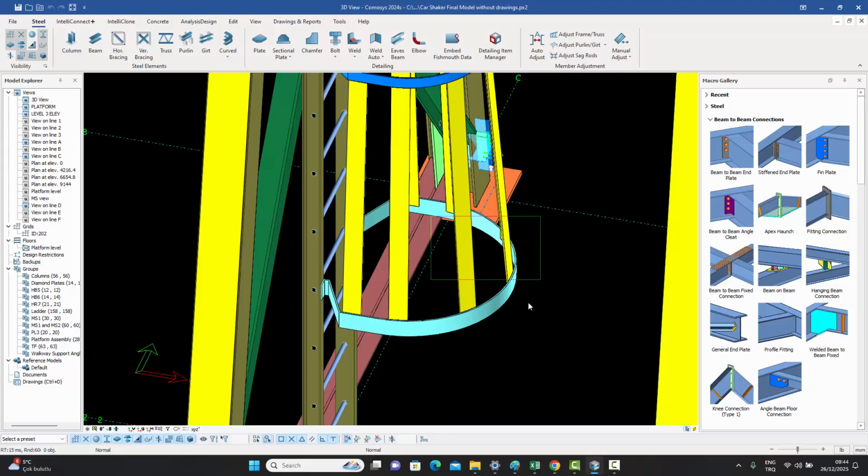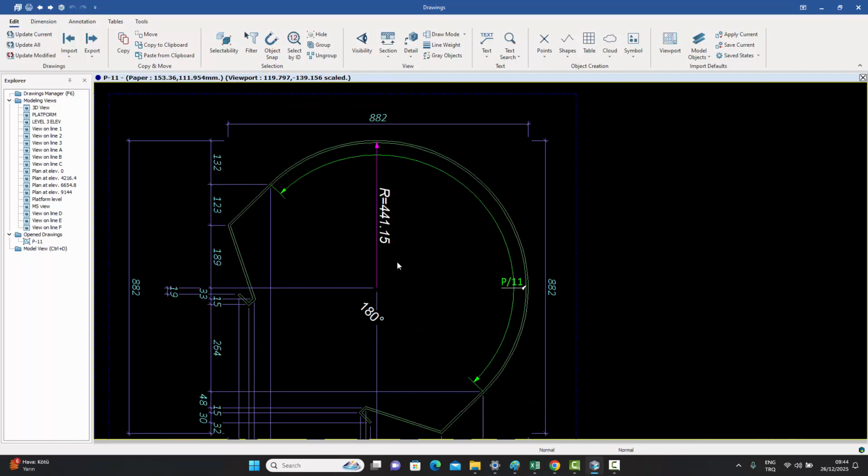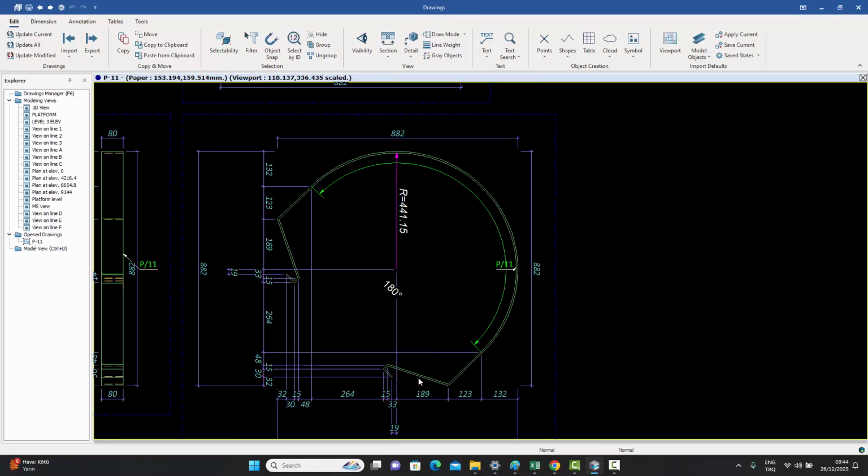You want the drawing direction to be along this line and this line, but it will turn out to be maybe at 45 degrees or something. So if we create a drawing, for example, of this one, you see that the automatically created drawing has positioned that folded plate, that cage, like this at a 45-degree angle, because the definition points of that folded plate, the longest side is along that direction. So it's left us with very inconveniently dimensioned